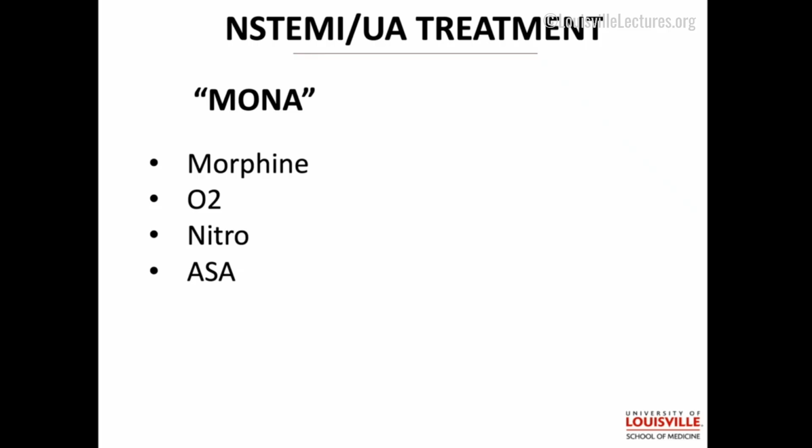Morphine, only if we need to, and it probably decreases absorption of our antiplatelet actions. Oxygen, only if they're hypoxic, and hyperoxia causes worse free radical damage to the myocardium. Nitroglycerin, yes, we can give it, but no mortality studies. Aspirin, that's the only one on this list which does anything for mortality. So all of those things, aspirin's the only life-saving one.